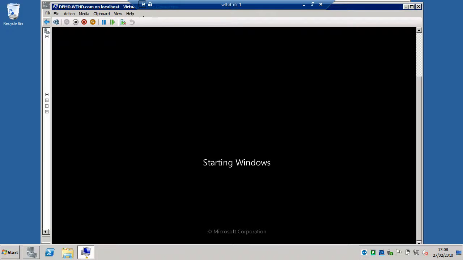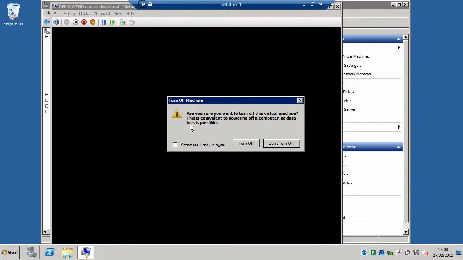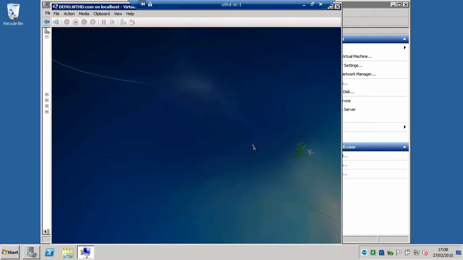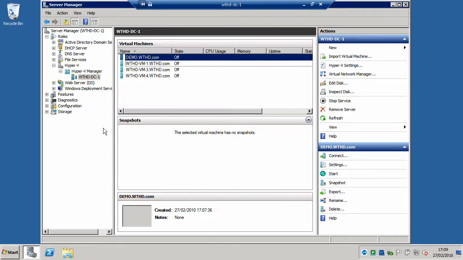To stop a virtual machine, you can either click Shut Down, or Stop, or Turn Off. Turn Off will turn off the virtual machine without telling it it's going to do it. So if I click Stop here, it will give me a message, sorry, saying, are you sure you want to turn off this virtual machine? I'm going to click Turn Off, because I'm sure you don't want to watch me install Windows 7. So if I close this,